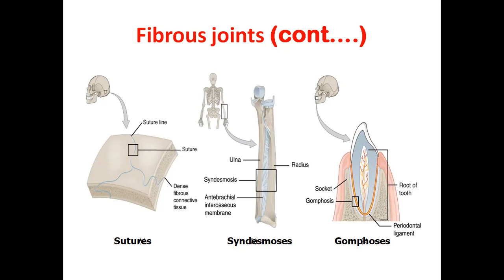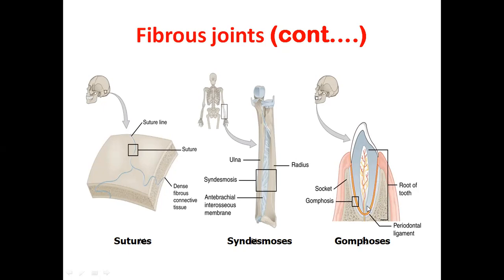In this, the root, this is the root of the tooth. Teeth are present in the maxilla, the upper jaw, and the lower jaw, the mandible. So these are the bones of the mandible, where the roots are